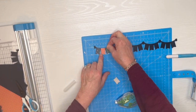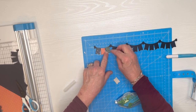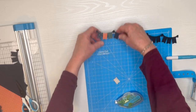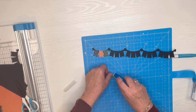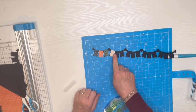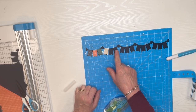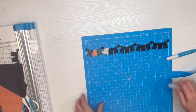And we're going to mount that down, and I want them to go all the way to the top and cover the navy there, but I like for a little bit of that navy to show down here to give it a little shadow look. Now I'm going to do the beige. Do the same thing, kind of offset it just a tad. Okay, and then I would do that all the way down, alternating blue, orange, green, beige, blue, orange, green, beige, all the way to the end. Okay, and then it's so easy. I would then,